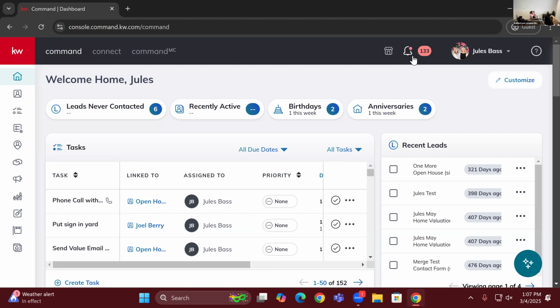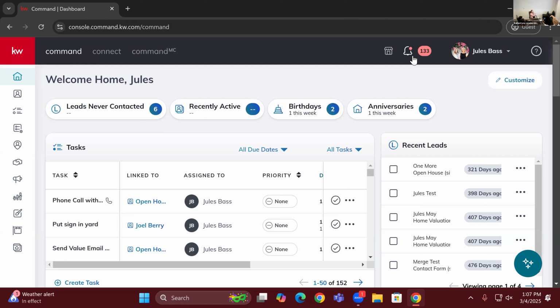They look very similar, but they're very different. I'll walk through the difference between the two, starting with the KW Real Estate app, which is going to be the white app with the red KW. If you open that up, you'll find here that, for example, this is for your clients to search for homes on the go.